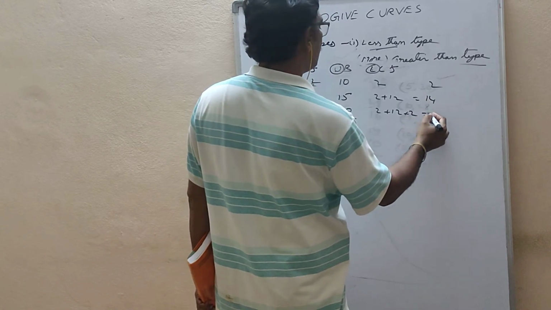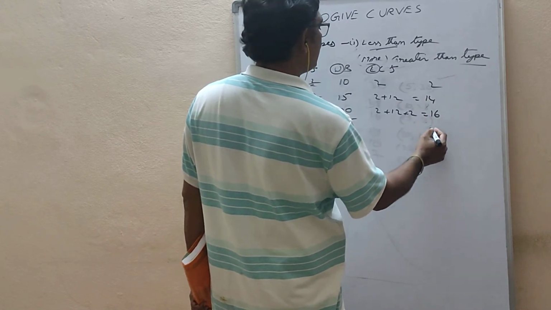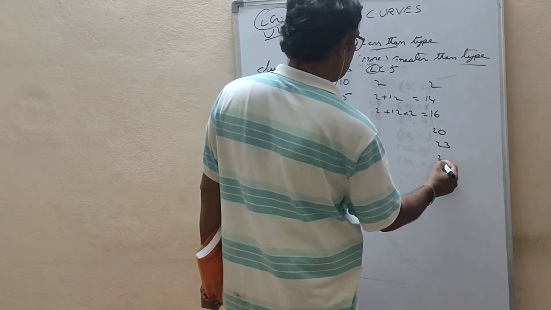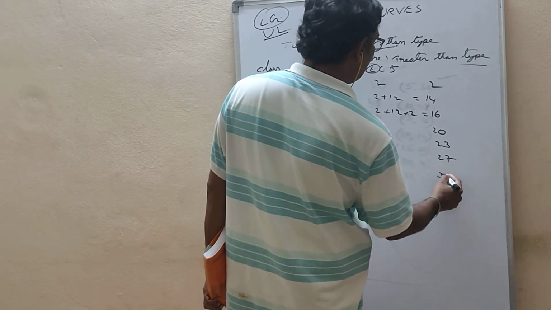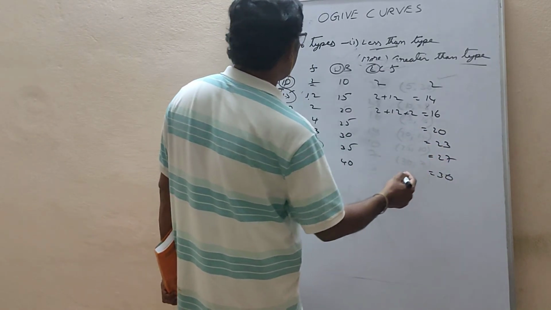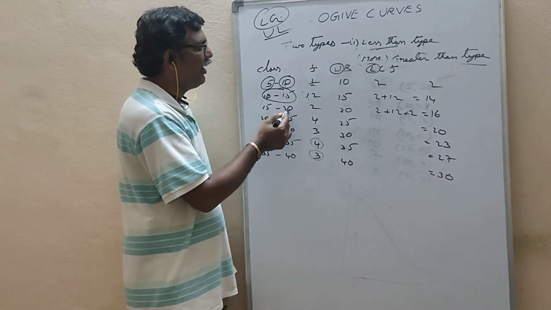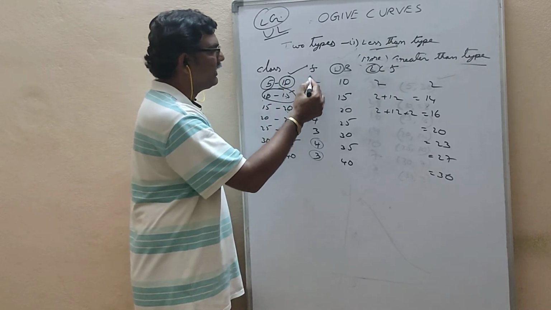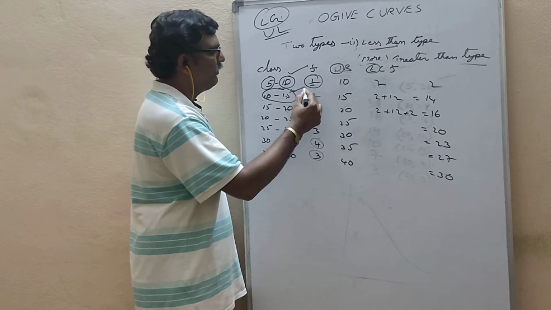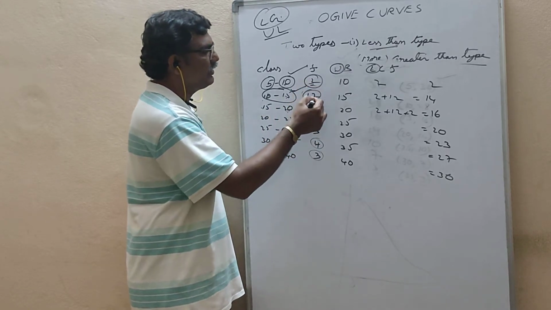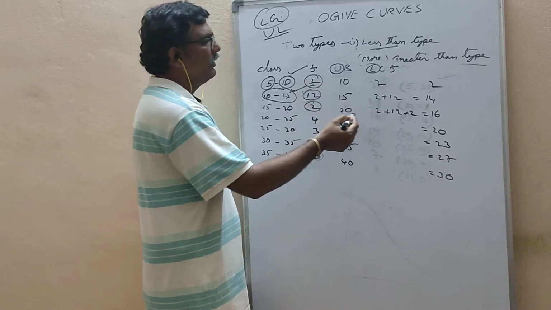And it is 2. Here 14 plus 2, that is 16, and here it is 20, and here it is 23, here it is 27, here it is 30. How did you get this? Just now I explained to you, same like that. Less than 20, how many members are there? Less than 20 means you have to write 5 to 10 class students, 10 to 15 class students, and 15 to 20 also you have to take. These three should be added. If you add, how much are you getting?